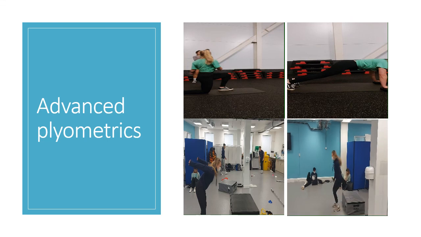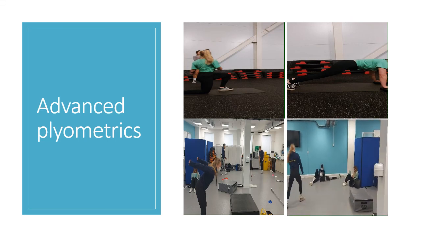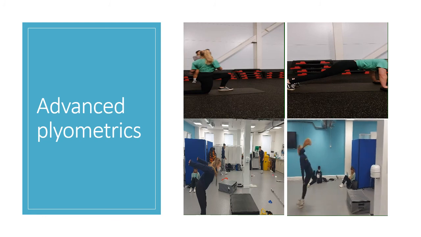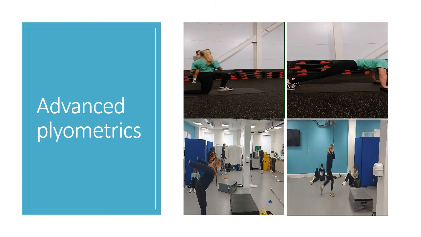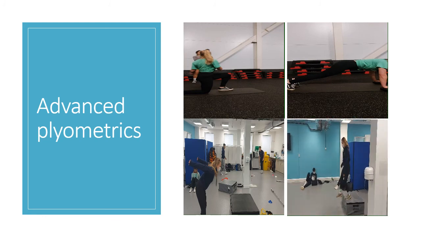Finally, land pause broad jumps can be used, first stepping off the box, then landing and immediately performing a long broad jump, jumping forwards, landing with the feet at shoulder width apart in an athletic position. This can be regressed by just performing the step and land with a rebound jump, or progressed by landing on